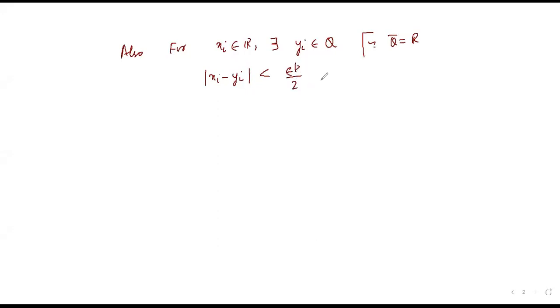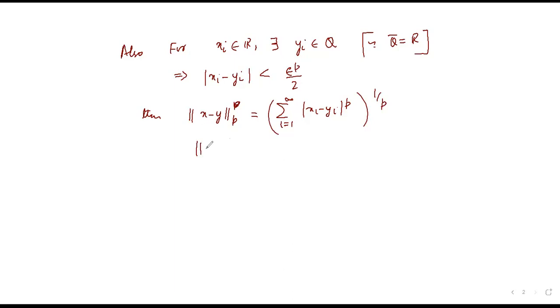2. Let's adjust this later. So this can be made arbitrarily small because Q closure is equal to R. Then the norm of X minus Y as a sequence p is equal to summation i runs from 1 to infinity of xi minus yi raised to power p. Let me put p to the power here just to make it easier. If you don't like it, first I write it like this, then I will write norm of x minus yi this p whole raised to power p